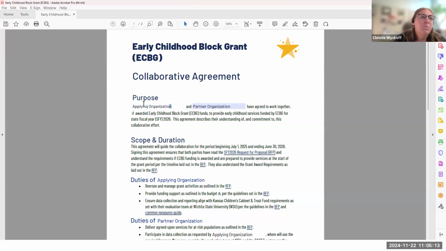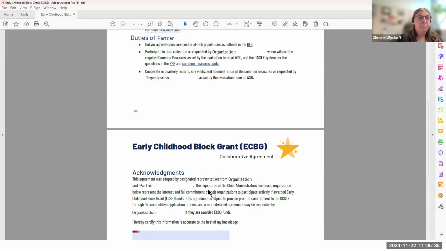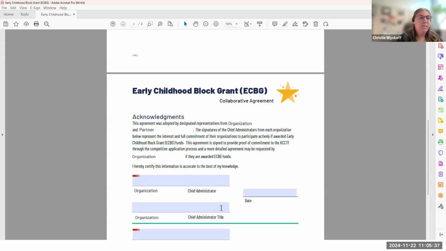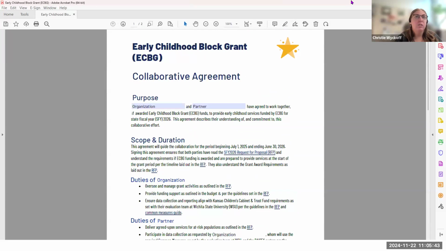You simply enter the applying organization here, and then the partner organization here, and it fills throughout the agreement, as you can see here, and here, etc. And then both parties will sign that. You can sign it electronically, or you can print it and sign it, and then upload that to your application.